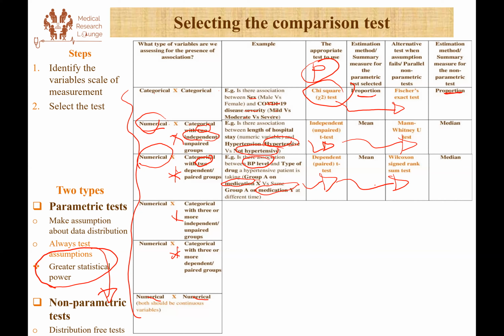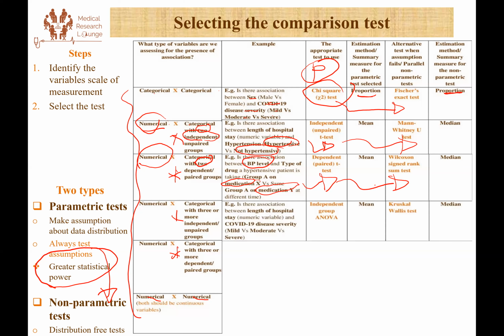So the fourth combination of variables that we can get is a numerical variable with a category, but in this case, the number of groups is three or more, and these three or more groups are independent. It's like the independent t-test, but the groups are three or more. So in this case, for the same example,